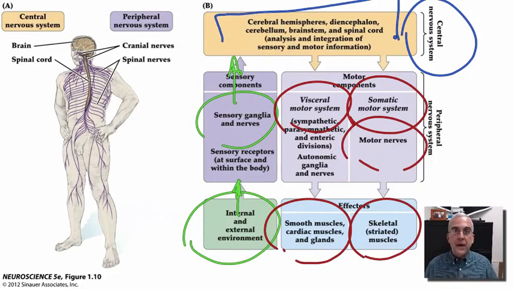production of commands for motor output that takes place at higher levels of processing, namely in the cerebral cortex and in circuits that run through subcortical structures like the basal ganglia, the thalamus, and even the cerebellum. Well, all of this sensory motor integration will be the topic of forthcoming tutorials, so hang tight on that. All right, so with that as a background, let's now focus in on the cranial nerves themselves and